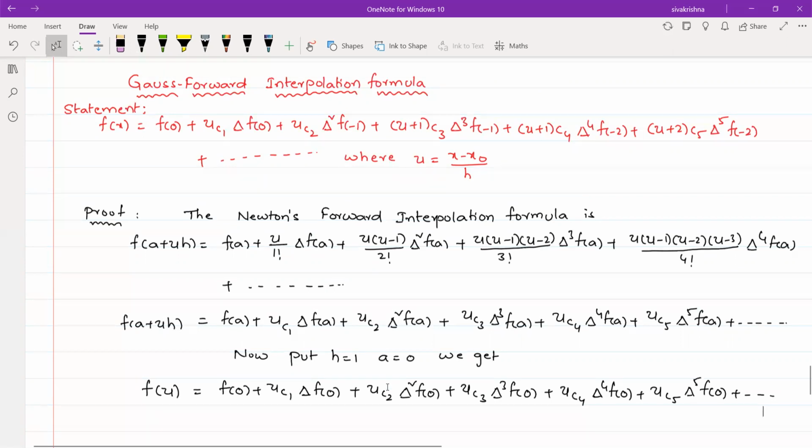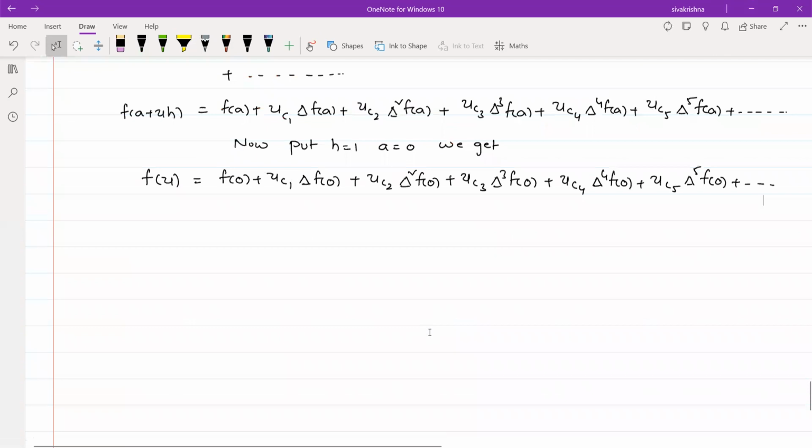But here in Newton's forward interpolation formula, we have uC2 into delta square f of 0. Okay, it means delta square f of 0 should be changed to delta square f of minus 1. So here I am writing the values of delta square f of 0 and next delta cube f of 0